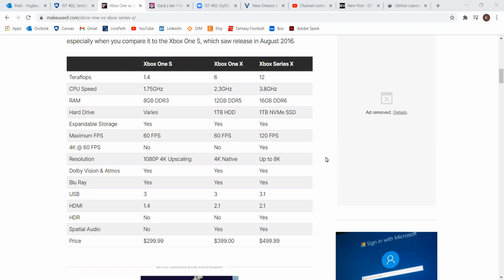Now, on to FPS, frames per second. If you've ever learned about videos, you know that they're broken up into individual frames and pieced together to make a fluid, continuous moving picture or video. And the smoother it appears to run correlates with how many frames per second there are. The Series X can run games at double the FPS, which makes for a smoother feeling